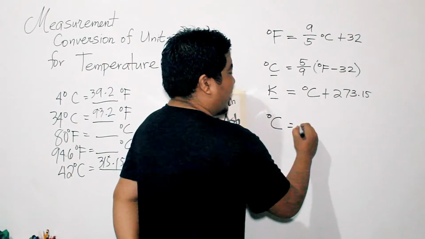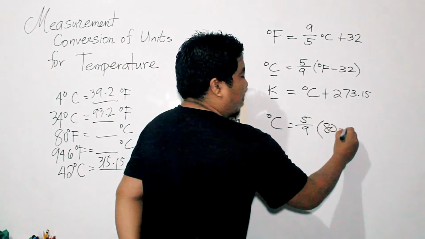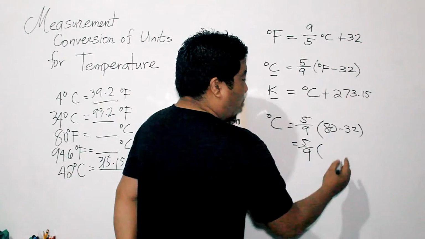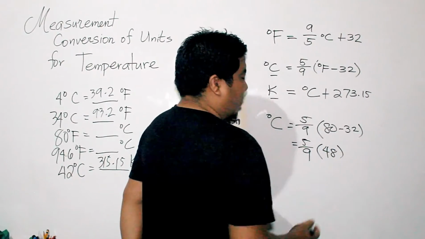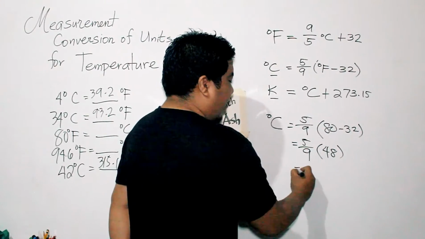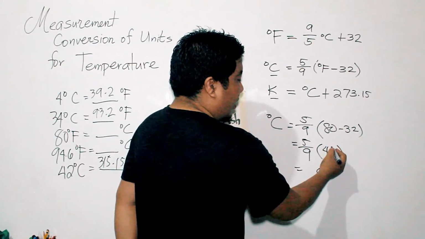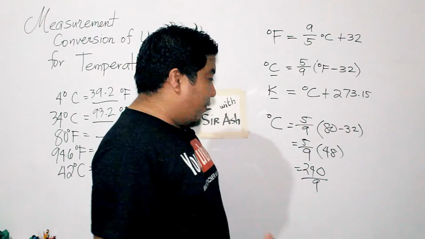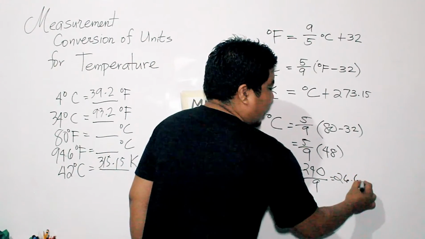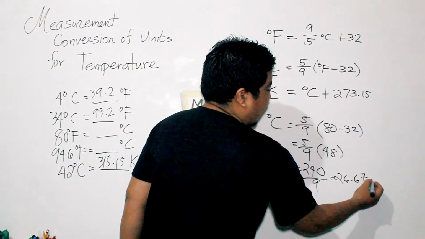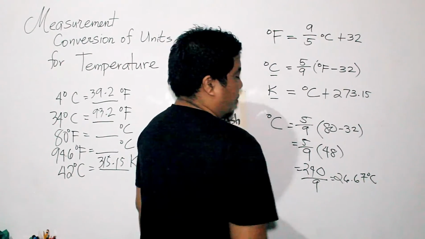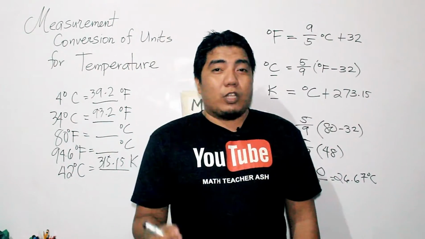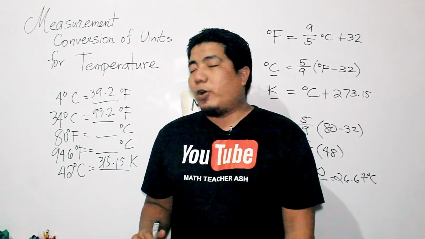So we have degrees Celsius is equal to 5 over 9 times 80 minus 32. If we subtract 32 from 80, we will have 48. Okay? And then 48 times 5 will give you 240 over 9. Now, 240 over 9 will give you 26.6666. That will never end, so let's just round it off. 240 divided by 9 is 26.6666. If we round it off to the nearest two decimal places, that is 26.67